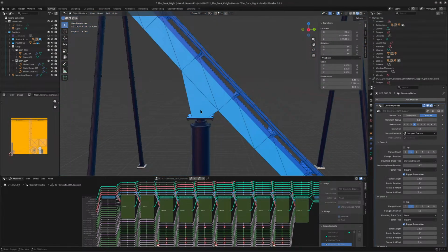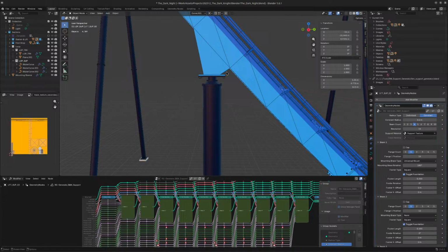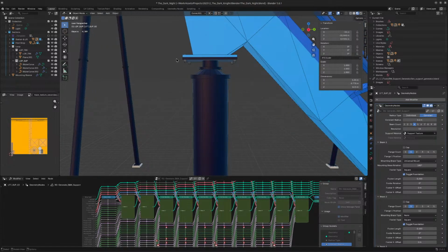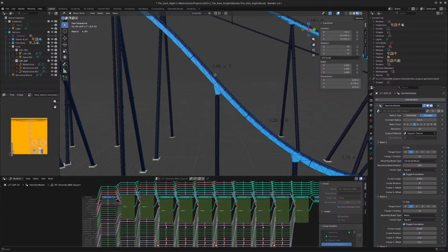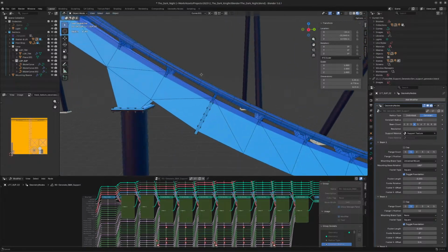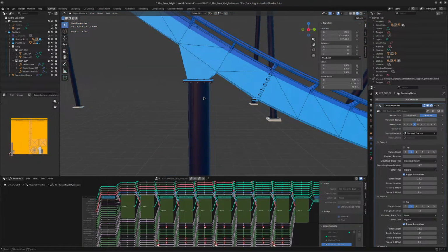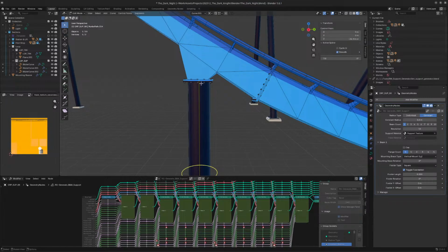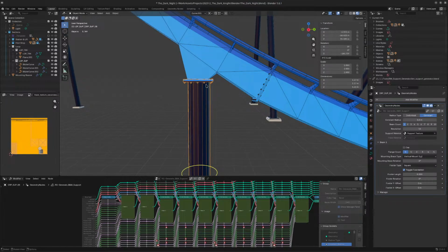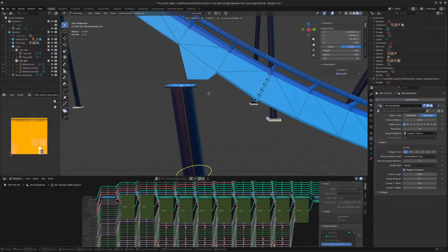Oh, I also added these types of supports here, like the little smaller ones. I do need to adjust this plate here, but that exists, and the other one is this one here. Now, the issue with this support is that when you move it, the plate is always going to align on the world axis for Z,